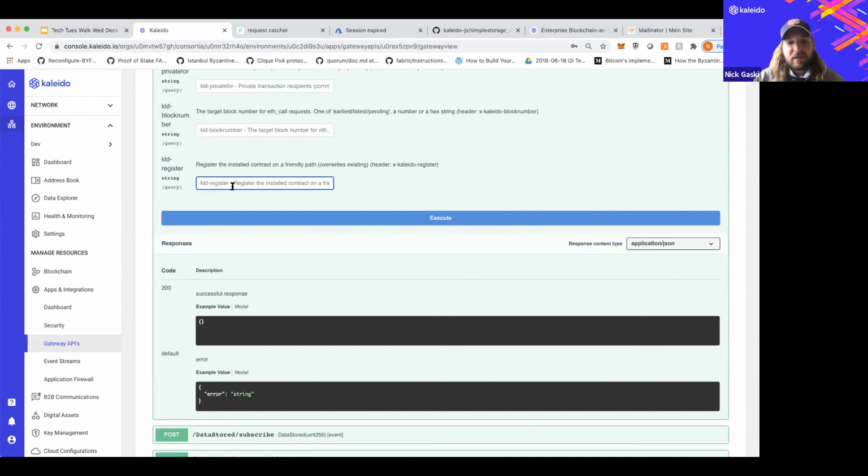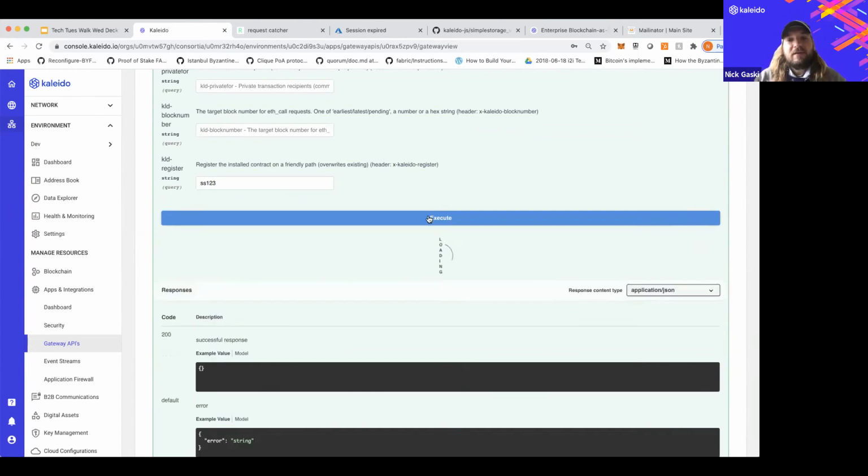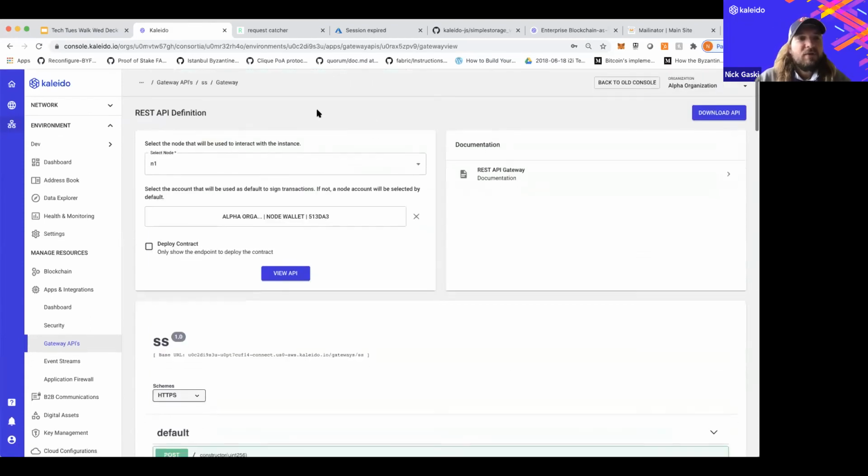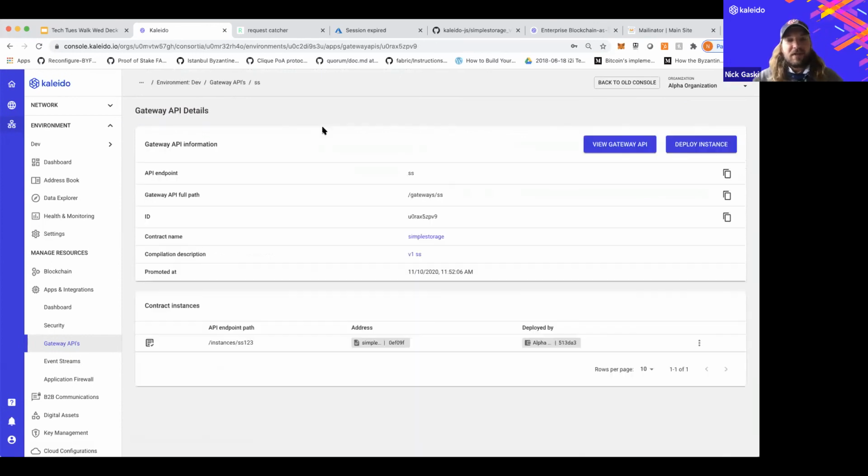And one lovely thing here is that we don't have to deal with hexadecimal. We can give this a human-friendly naming convention when we instantiate or deploy smart contracts onto Kaleido. So you're not dealing with this nasty hex string anymore. Everyone knows that this is a certain set of business logic, and it's meant to do this piece inside of our broader network right there. SS123, but this could just be accounts payable or goods received, for example. So that's about as easy as it gets at the Solidity layer.